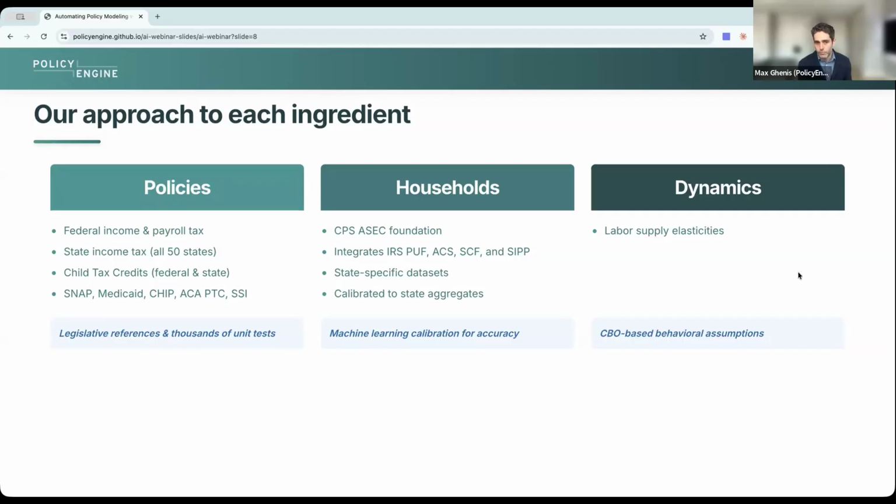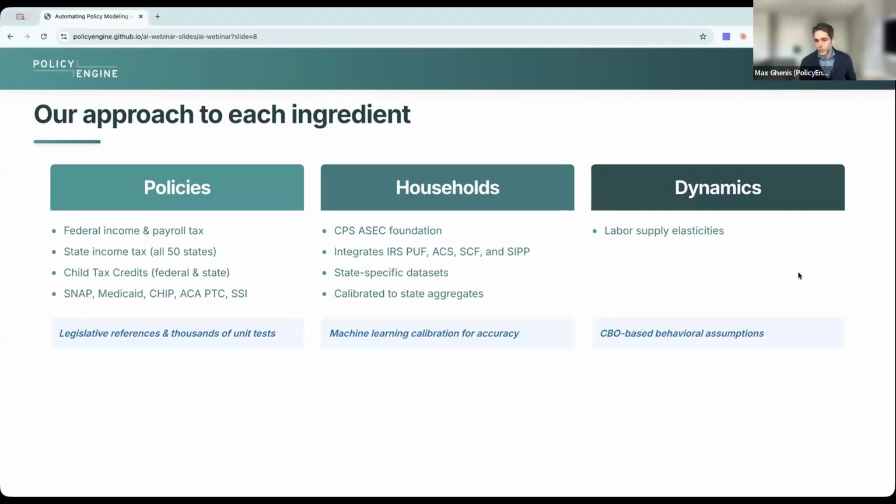In terms of the policies, we're quite broad. So we do have federal and state income taxes and payroll taxes, as well as the core benefit programs that many of you research or help people navigate: SNAP, Medicaid, ACA subsidies, SSI. And we also have TANF. Ziming will go through the approach that we've taken for TANF, which has gotten us from just a handful of states, because the rules are quite bespoke to the state, down to we only have 2 states left now before we have full nationwide coverage of TANF. And we have some other state level programs as well, like CCDF and state supplements for SSI.